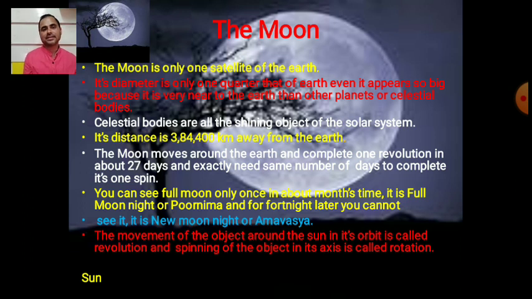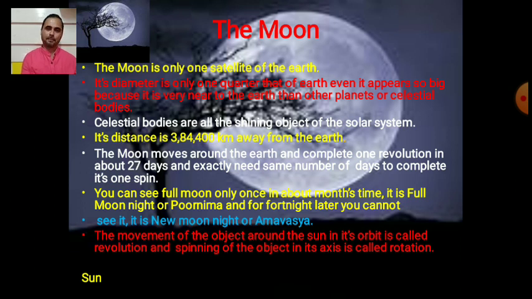All the planets move around the sun, but the moon moves around the Earth. To complete one revolution, it takes about 27 days, and exactly the same number of days to complete its